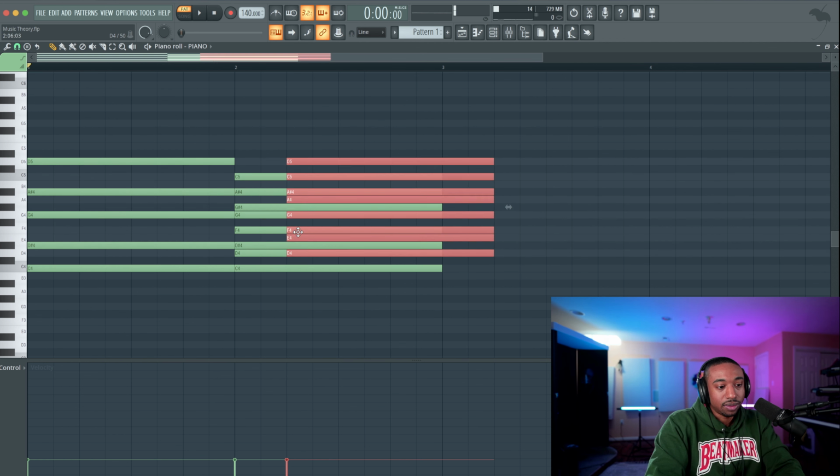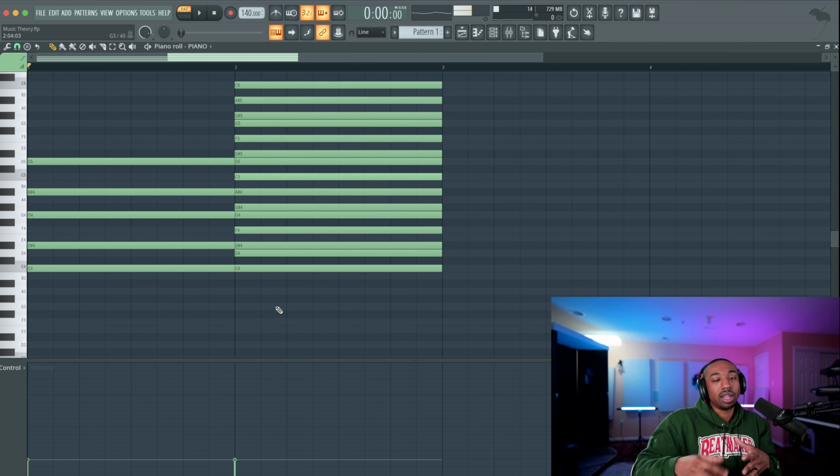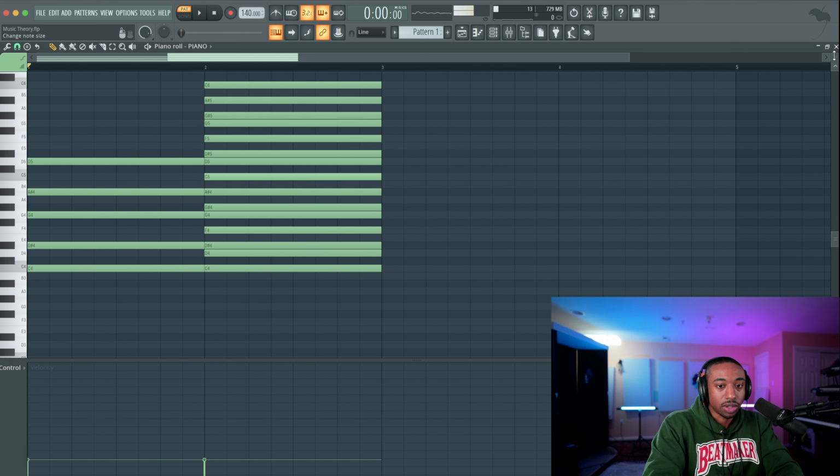Don't memorize that stuff. You'll get used to it based on the instrument you play. You can kind of visually see the notes once you start playing the keyboard. It's more of a visual thing than it is a typing in the keyboard type of thing.